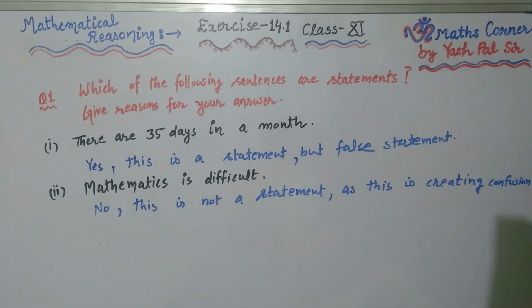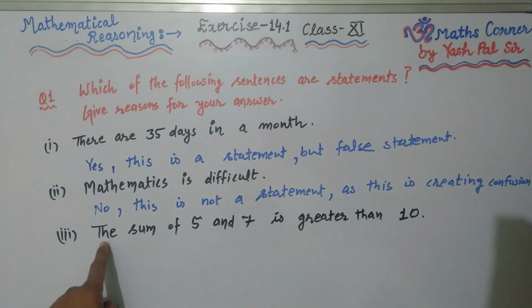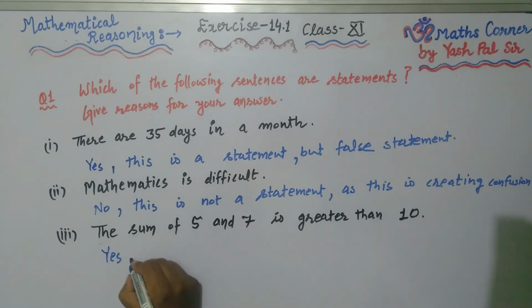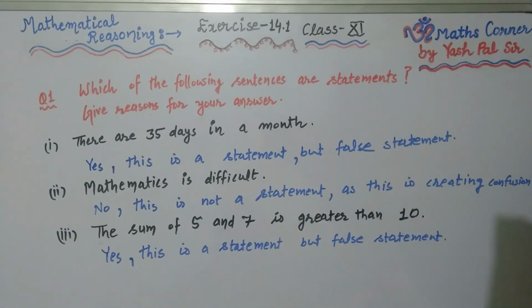Right? Now the next question is: The sum of 5 and 7 is greater than 10. So what do we say? 7 plus 5 is 12. This is not greater than 10. This is false. It means immediately we can say true or false. So yes, this is a statement, but a false statement. Next is